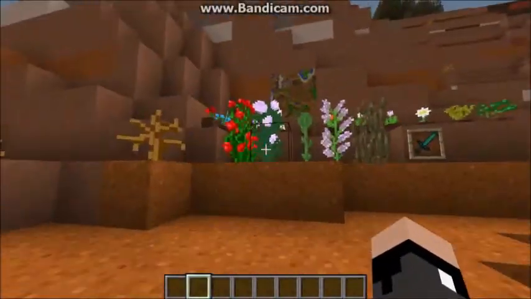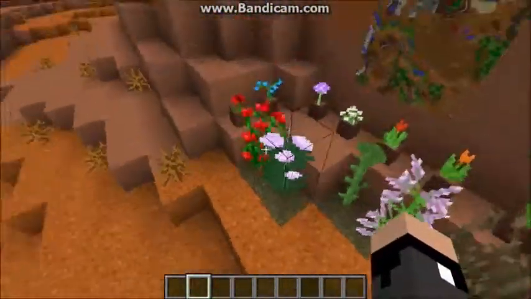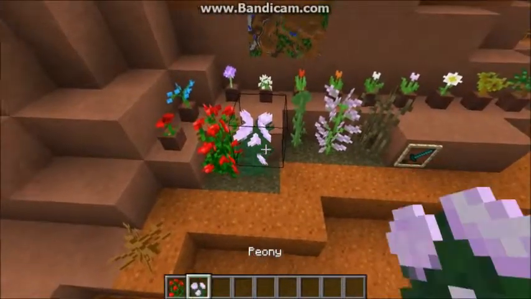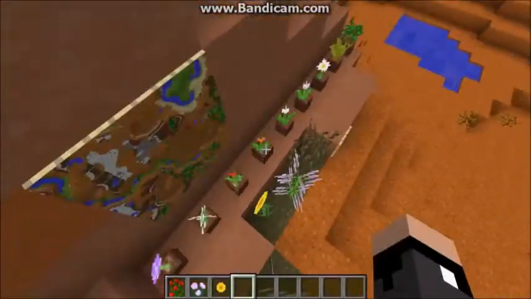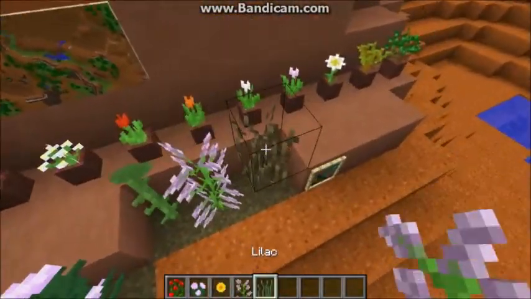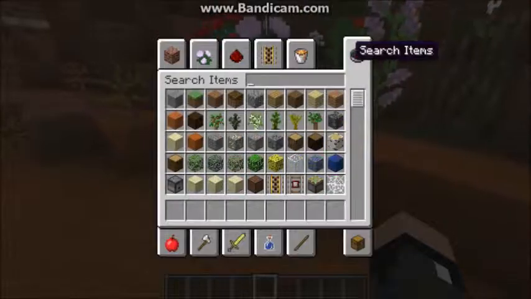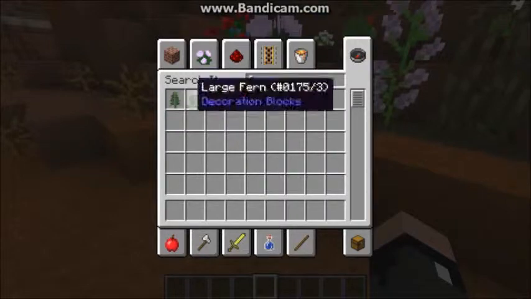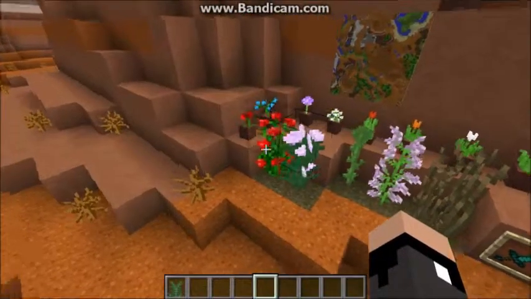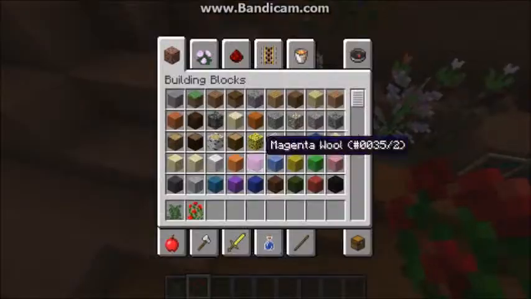We have a whole bunch of new flowers. We have the rose bush, the peony, the sunflower, which will always face east, the lilac. We have double tall grass. Oh, I forgot one type of plant. It's a large fern, but it just looks like that. So, yeah, we have